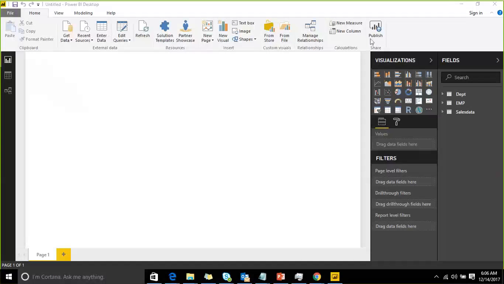Till the themes concept, we are done with from store and from file. After themes we had a discussion, and we need to continue from manage relationships. Just give me one second. If you people are unable to see